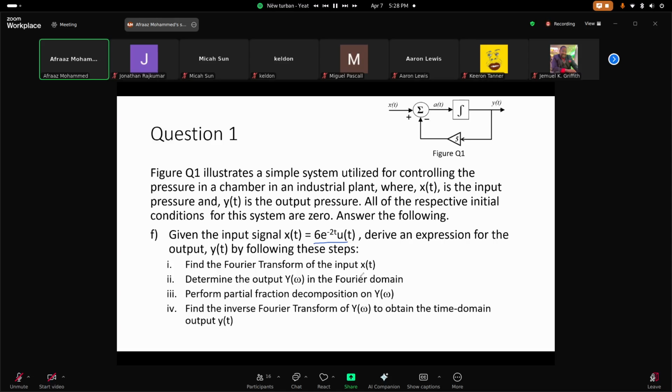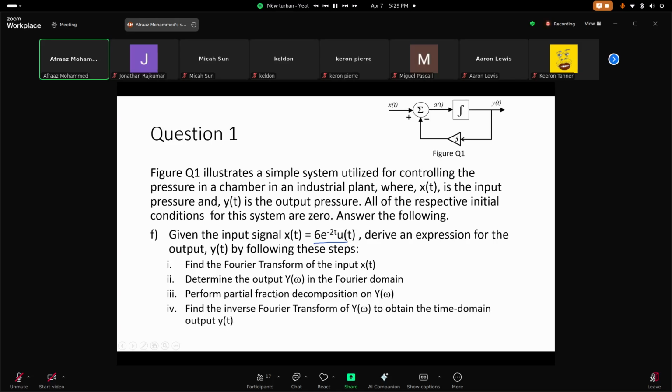So first, find the Fourier transform of x of t. Then determine the output y of omega in the Fourier domain, right? So we've had h of omega in part E, right? So this part here, this is h of omega, right? So now we're going to get y by basically h of omega times x of omega, and that